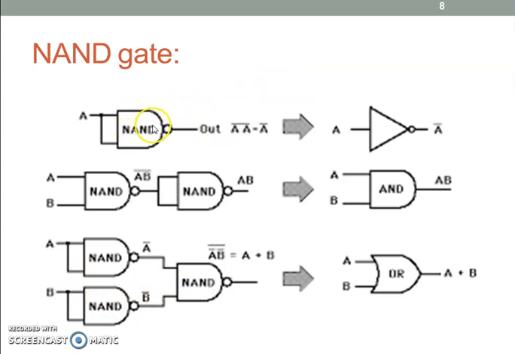By using a single NAND gate it is possible to construct the NOT gate. Pass the input A twice to the NAND gate. You will get A bar into A bar. According to Idempotent law, A bar into A bar equals A bar. In the Boolean algebra chapter you need to study some of the laws. In that case you get clarity regarding this. At this point of time remember the thing, A bar into A bar equals A bar. Observe the output now. A is the input, A bar is the output. According to the NOT gate, if A is the input, A bar is the output.